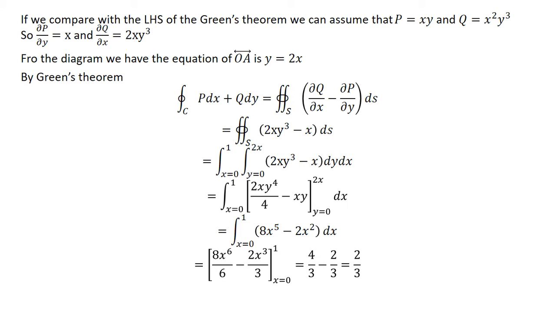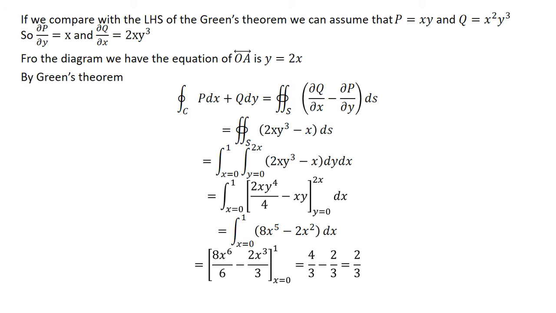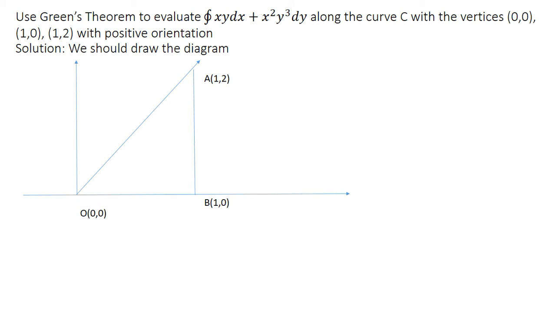Of course, how to compute the limits of a double integration, you should learn from the previous videos on double integration. Here is the region, and the double integration limits will be x equal to 0 to 1 and y equal to 0 to 2x. It's very obvious. So ultimately the answer will be 2 by 3. This is the first approach if you know Green's theorem, and since the question says use Green's theorem, you should apply this one.